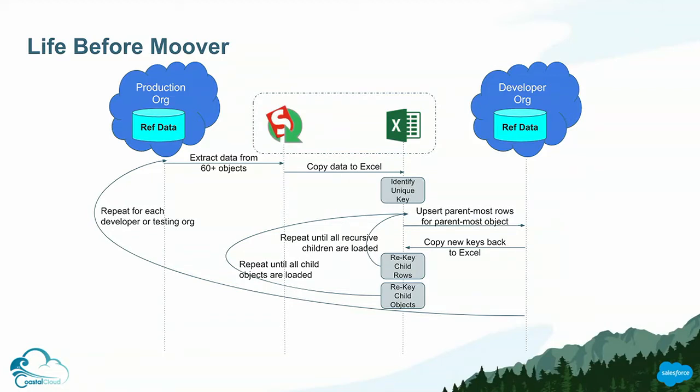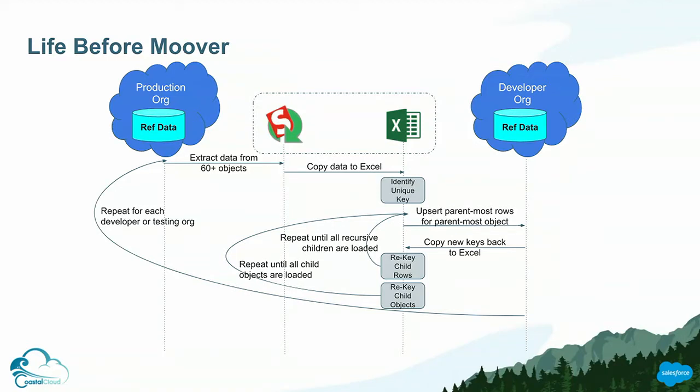developer orgs. Well, before Moover, I would probably fire up Data Loader, export those 60 or so objects into Excel, and then I've got to meticulously go through each of those objects. First of all, identifying objects that have a recursive relationship in them, and load the parent-most rows of that object into the developer org, get the new keys and the new IDs that were assigned, rekey the child rows, and then copy the child rows into the developer org, and then repeat that until I've gotten all the way down